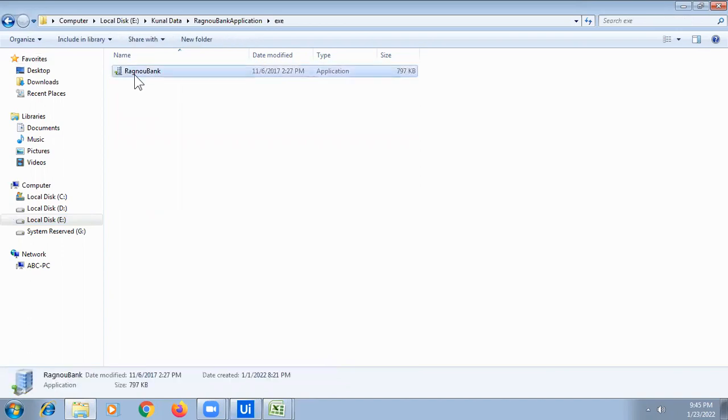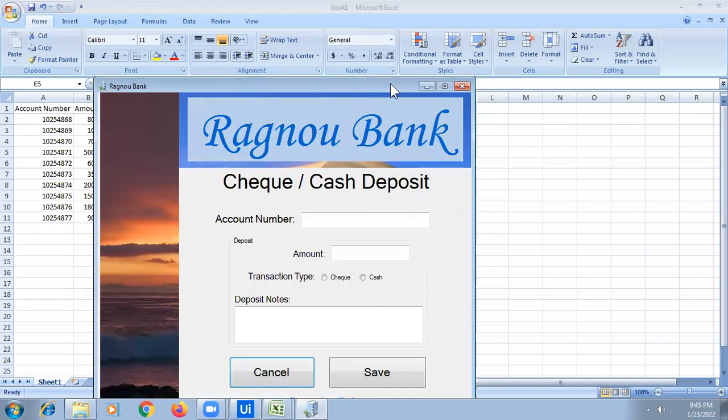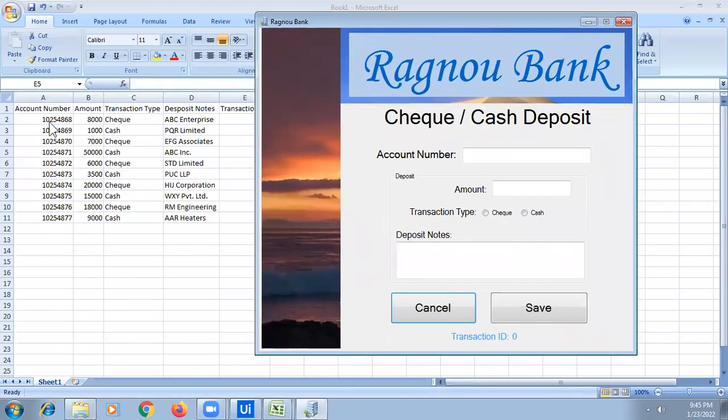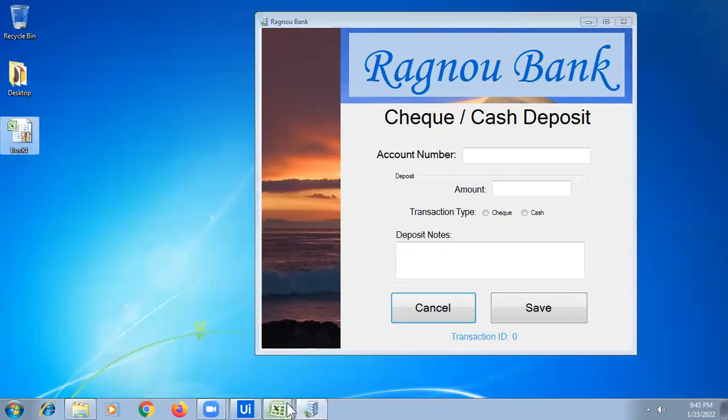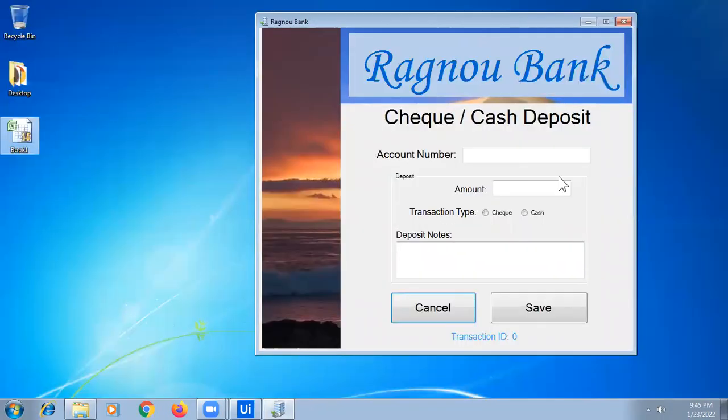Here is the Regno Bank application. I've opened it. In this, we'll have to enter this data from the .xlsm file: account number, amount, check, and deposit note. So I'll close the Excel file, save it, and now